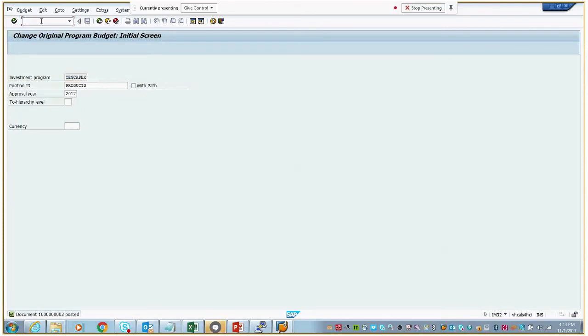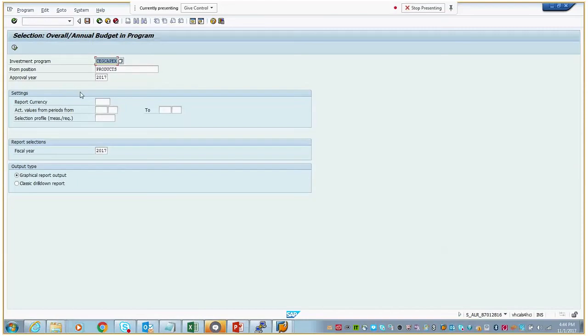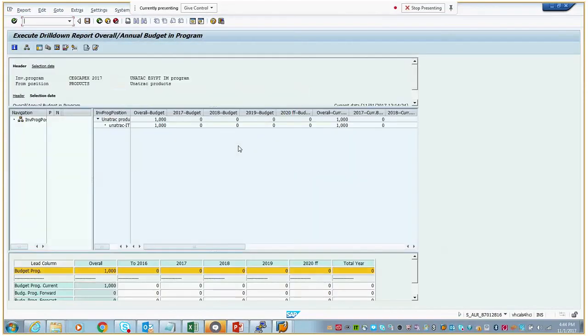When you check the project budget report for investment management, it will show what the approved budget is for these capex programs. Currently it is showing that an overall budget of $1,000 has been approved for IT services investments. So now